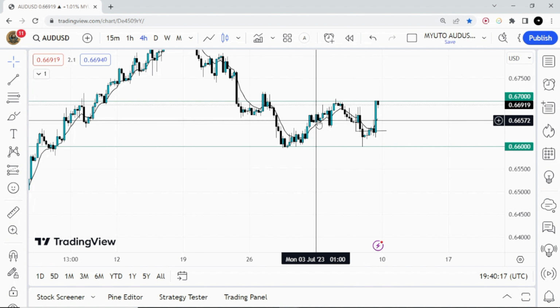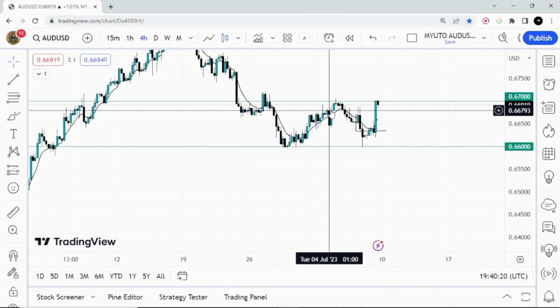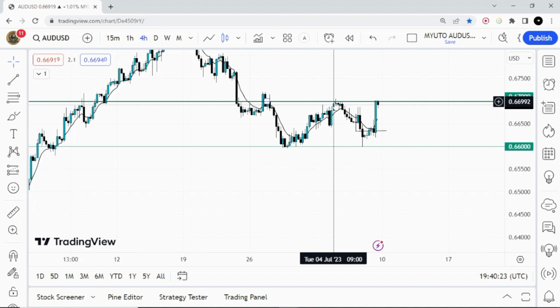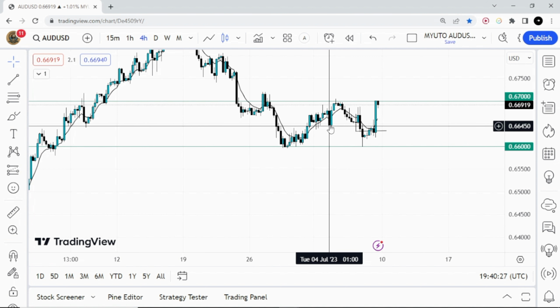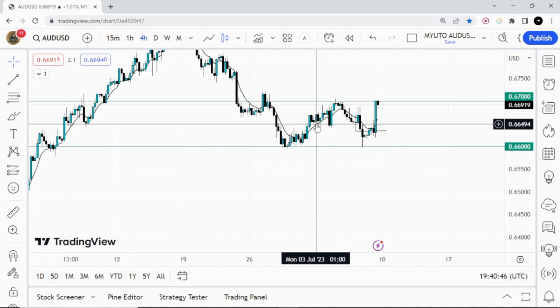Price went further ahead and reached for 0.6700, which is a psychological level. As you can see here, we had a huge sell-off, this huge momentum, a bearish candle, and this faked some traders. Some traders entered a short at this level. I'm very certain that some traders did, and they were faked out, where we came to touch this liquidity zone